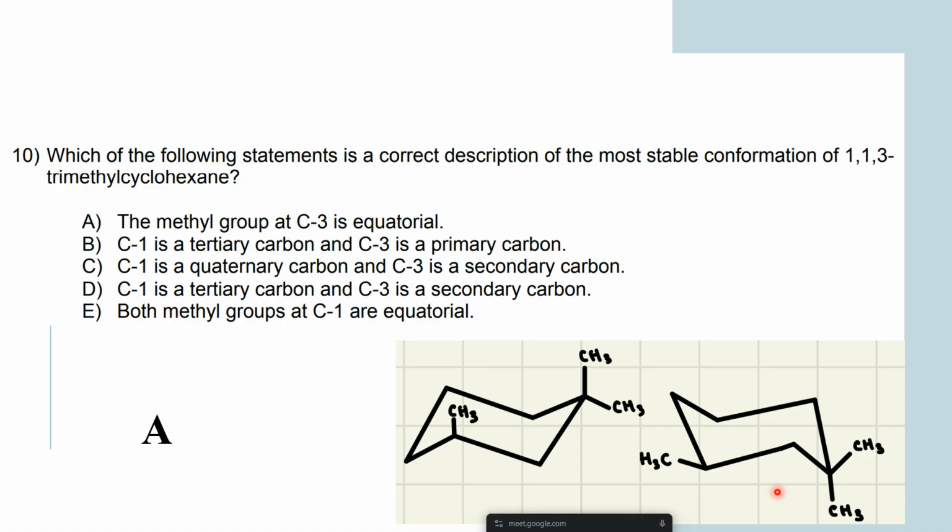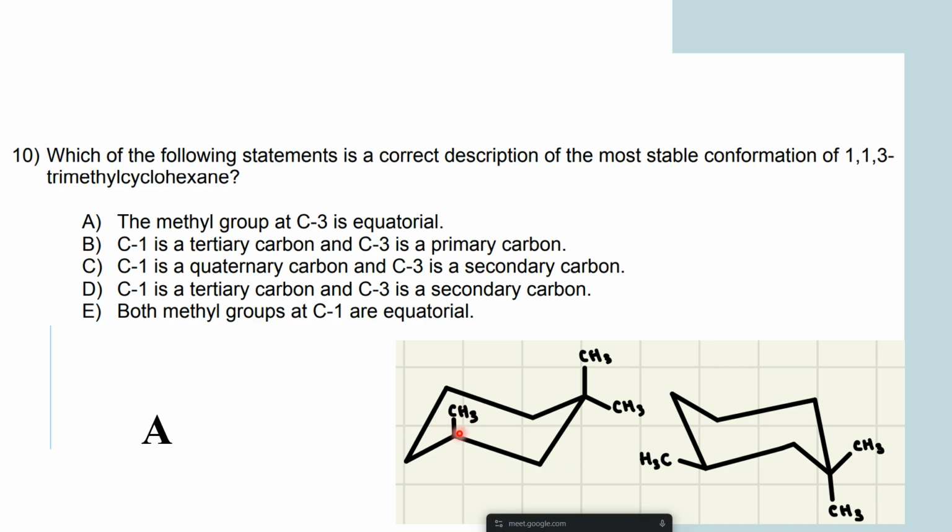Now let us move to the second structure. In the second structure, we have noted this carbon as the first carbon, and here also one methyl is axial and the other methyl is equatorial. In this one, the third methyl group present in the third carbon is kept in an equatorial fashion. So out of these two possible conformations, the first one will have a very high 1,3 diaxial interaction, because this